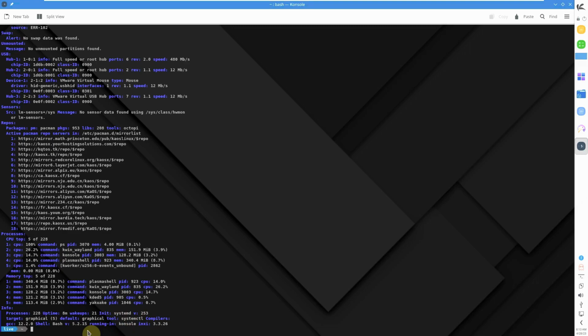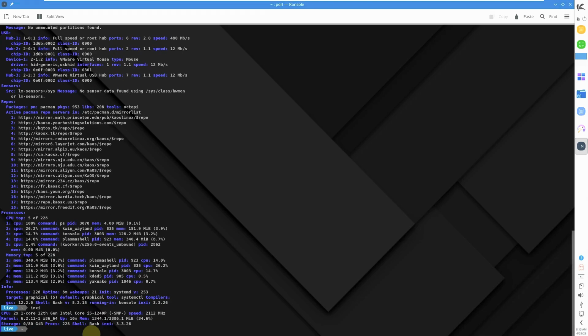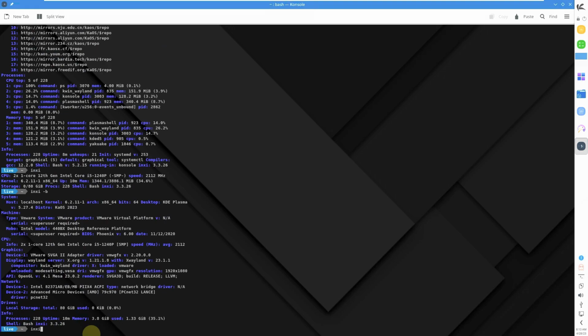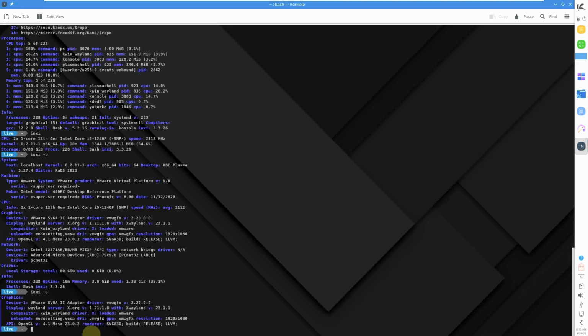So let's type in the same commands which will grab the same information but in a short form. Let's type in inxi, which will get the same information but in a short form. Let's type in inxi -b and same information. Let's type in inxi -G and let's type in cat /etc/issue, and the passwords are user, live or live, root for root. These are the username and password. So let's type in neofetch if it's pre-installed. Neofetch is not pre-installed. Let's type in htop. Htop also is not available. So let's exit this thing,